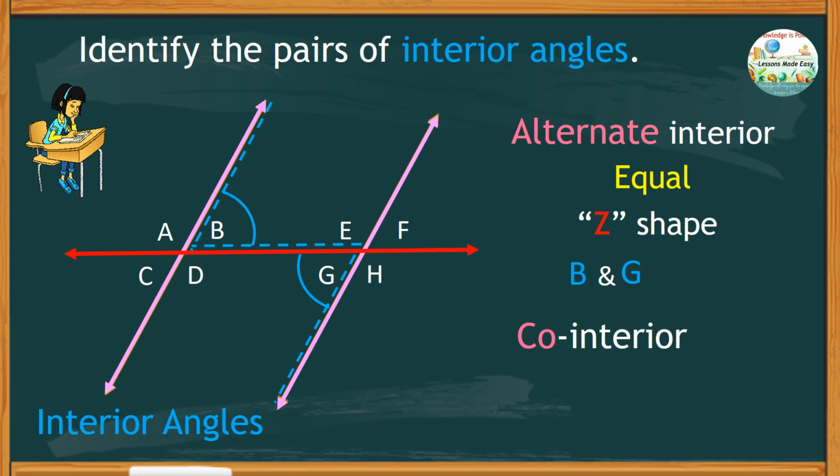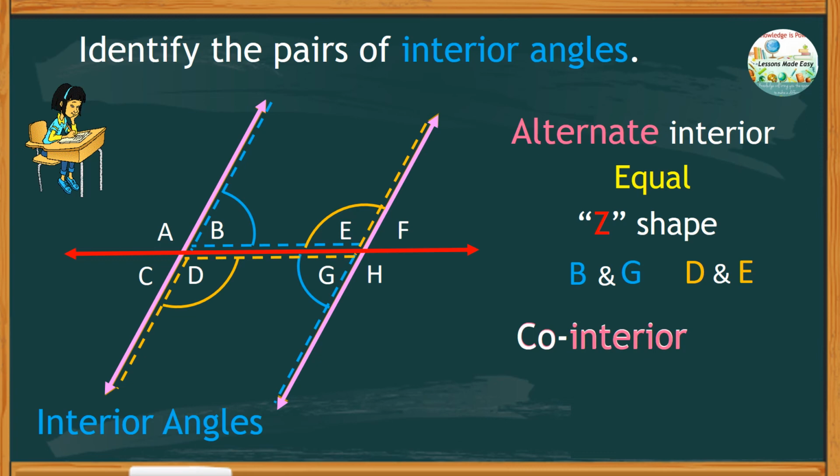Can you find another Z shape? So here is another one. These two angles are alternate interior angles as well, angles D and E. Again, they are on the opposite sides of the transversal. Now let's move on to